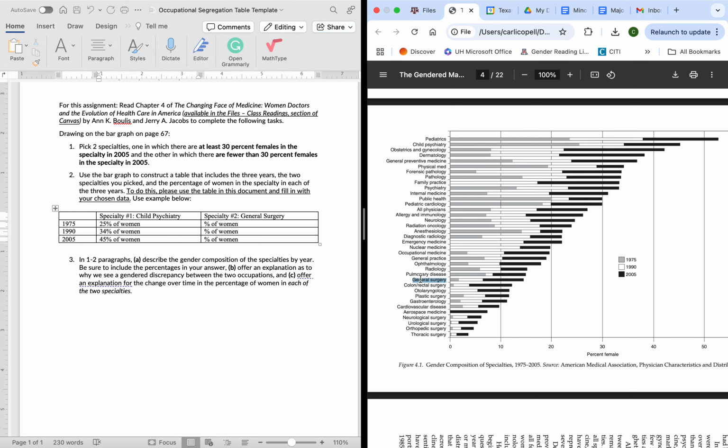And then we'll switch over to general surgery, which is my second specialty. In 1975, let's call that about 2% of women. Okay, in 1990, that's about 6%. And then in 2005, I'll say that's about 14%. Okay, so now you've picked 2 specialties, you've filled in your table, and now you're going to move on to